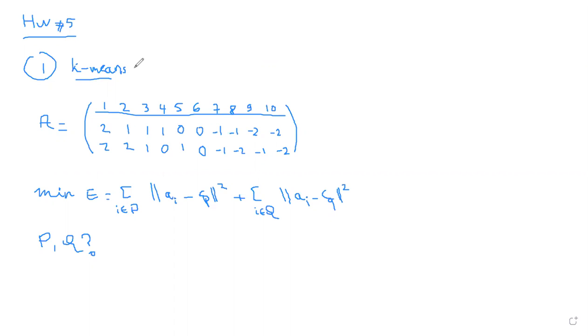I'll start with the first question, which was about the k-means algorithm. So we are provided with a set of nodes. In fact, you have 10 nodes and you have their coordinates here in this matrix A. And what we are looking for are the components of the two clusters, P and Q, such that we